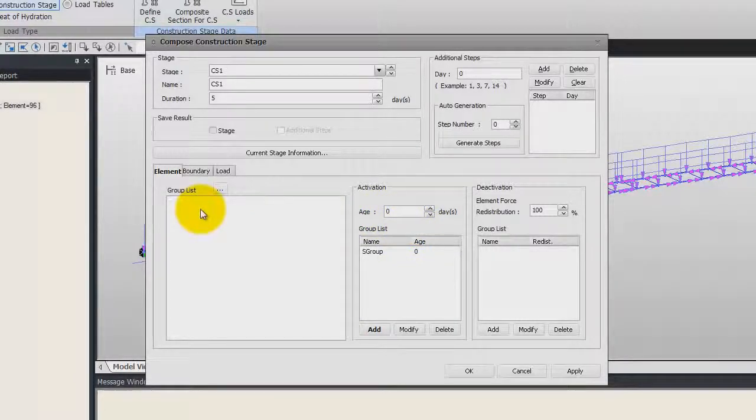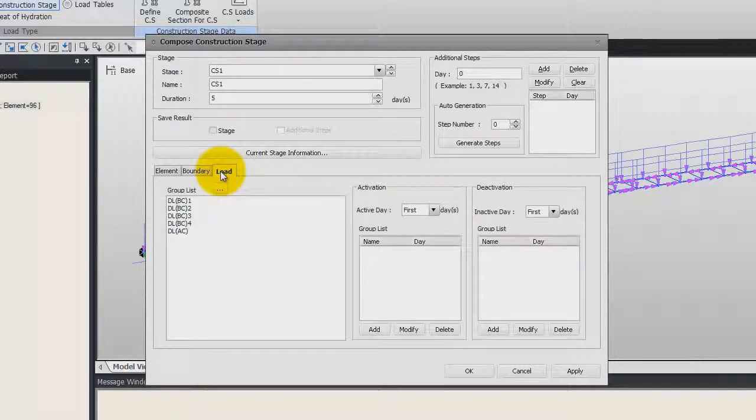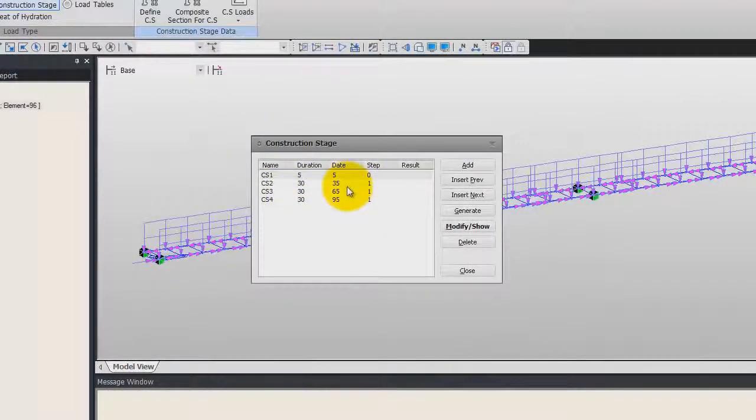Now go in the boundary tab, click on B group and click on add here. Finally go into the load tab, select DLBC1 and DLBC2. Here active date will be from the first day, so click on add and click on OK. So now you modify the first stage. Second stage,